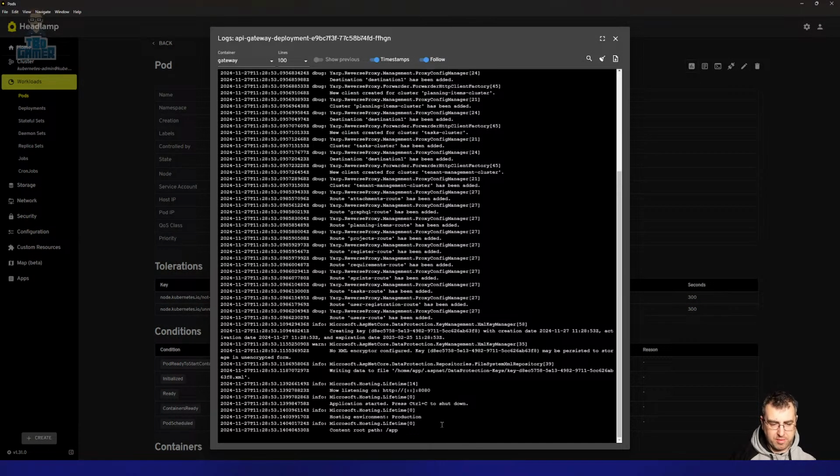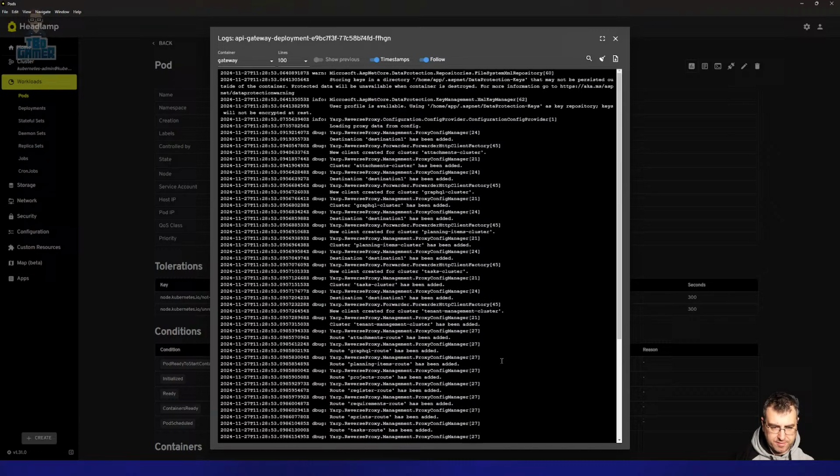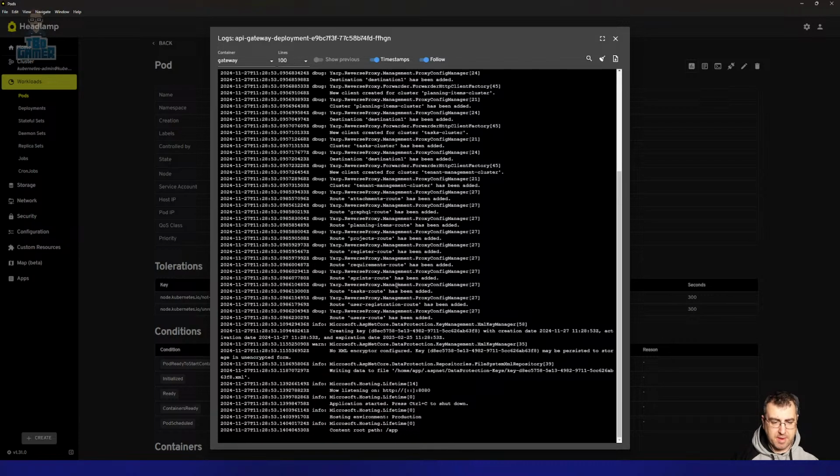So the API gateway deployment, everything looks fine. I've got the routes. It's loaded the cluster properly. Everything should be good enough that if it got a request, it would fail here. So I would expect to see a failure. It has loaded on HTTP 8080. My configuration says,